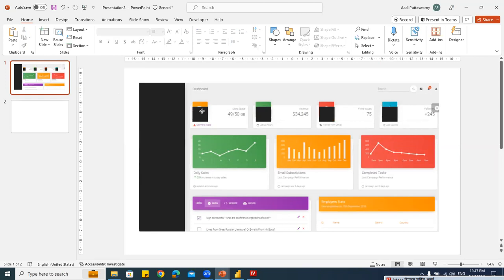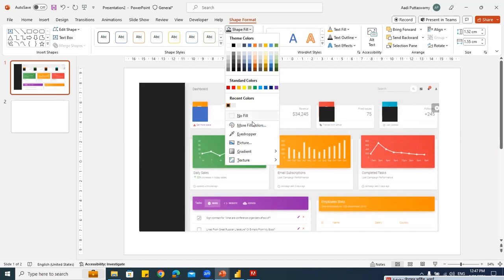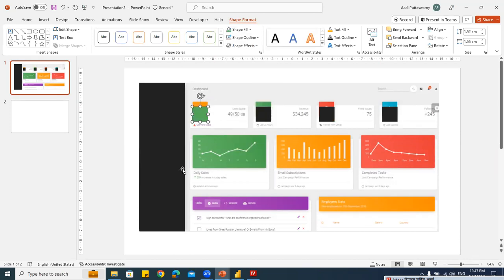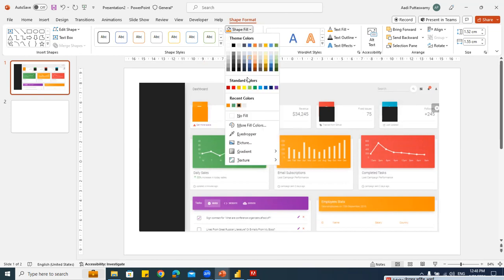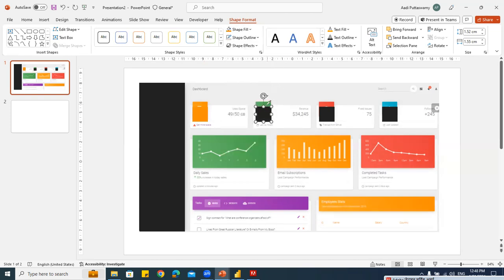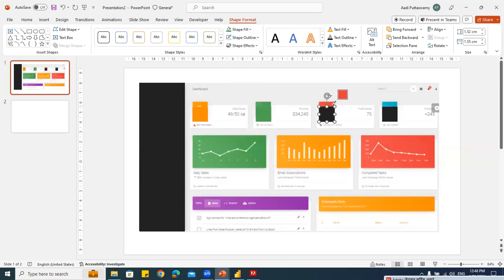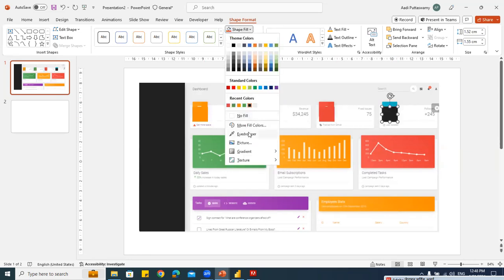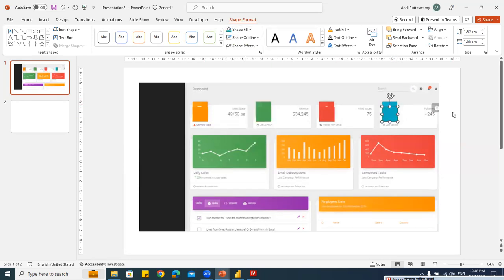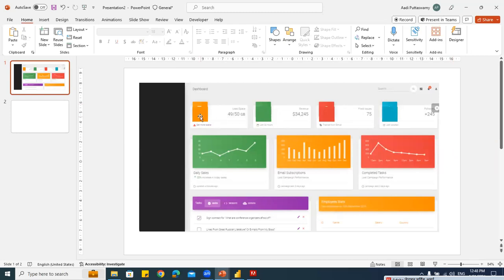So what I'll do, select this shape, go to shape format, and then I'll take this eyedropper and click here. Eyedropper, click on this. Done. Now select this shape, the eyedropper, and click on this. Select this eyedropper and select this. Let's do the same thing for all the shapes. Done. Over. Now select all these shapes